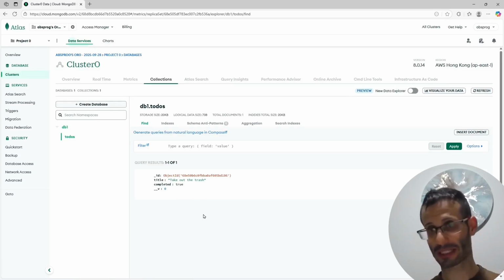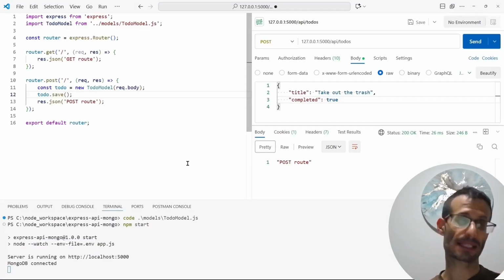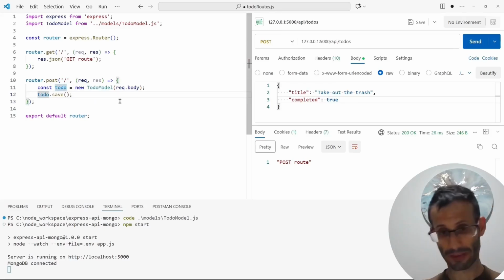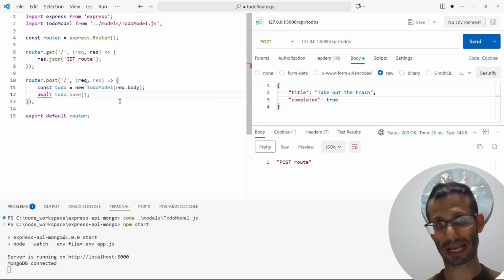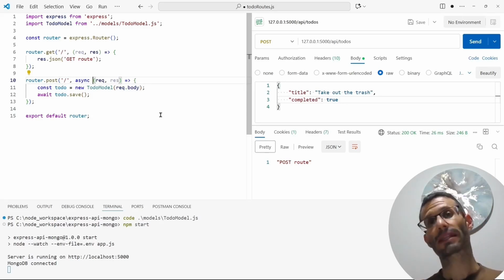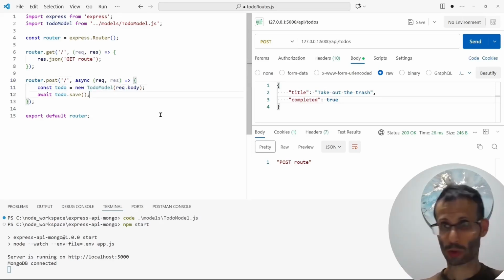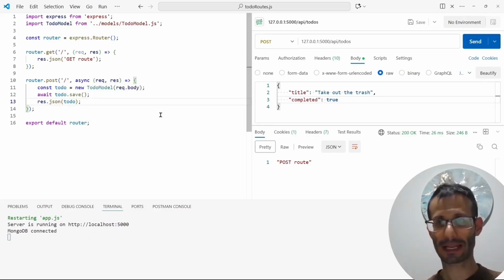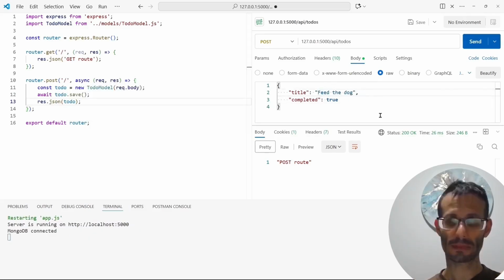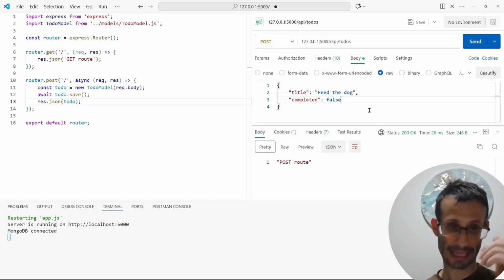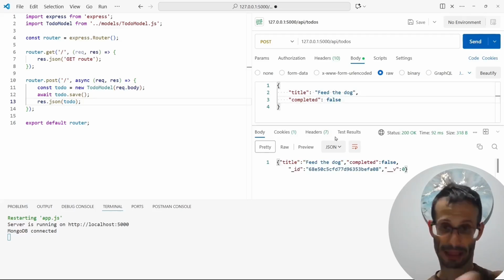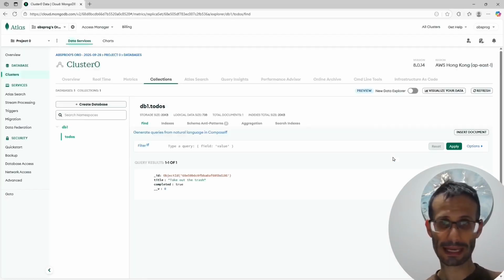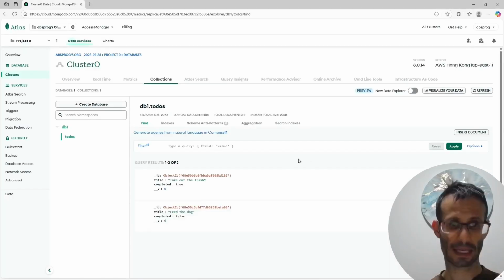that we just provided. And what might make more sense is, instead of sending this constant string, I can await save to return, so this function will have to be async, and then I can simply send back to the client the new to-do item. So response.json to-do. And let's try to add another one, say feed the dog, and this is going to be false. And let's send this request as well, and we can see that this document was sent back. And let's take a look at the Mongo website again, and here I can refresh, and now we have these